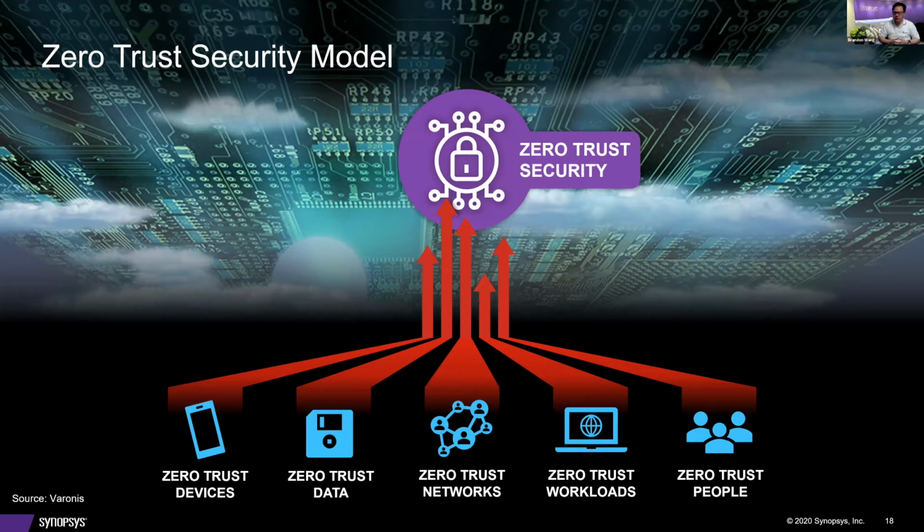So when security is of the utmost importance, we must establish a framework, and showing here is the zero trust model, which is to say trust no one, both inside and outside of the network. Use visibility, analytics, and automation to monitor assets and to keep the policies in check.